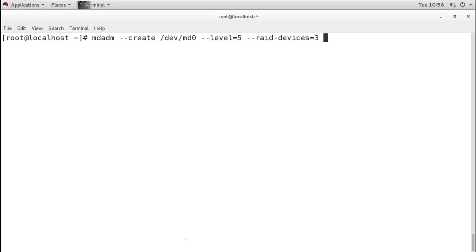It's the same thing here. These 3 disks will be active in RAID level 5, which is the minimum requirement, and one disk will remain as a spare. If any of the active disks goes corrupt, that spare disk will automatically take its place. That means we don't have to add it manually.